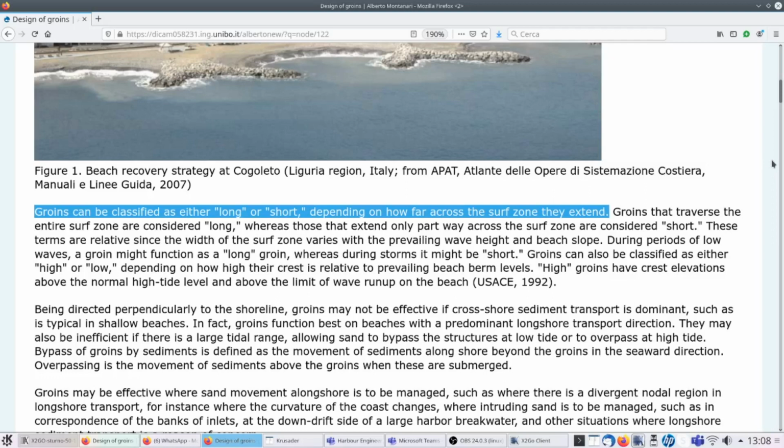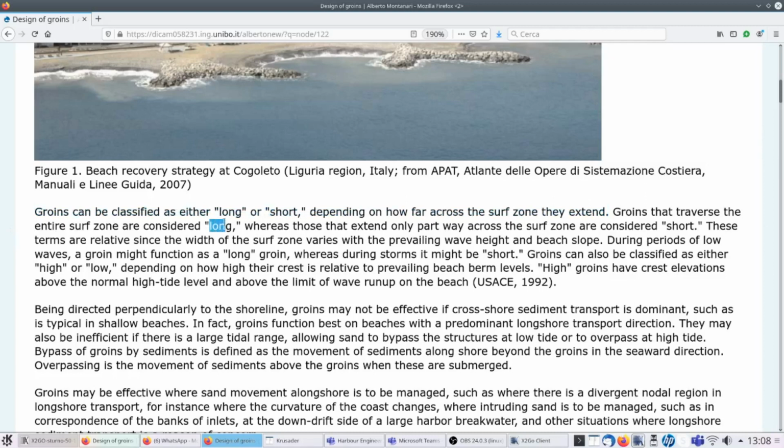Groins that traverse the entire surf zone are considered long, whereas those that extend only part of the way across the surf zone are considered short. And in order to clarify better what I mean by surf zone,